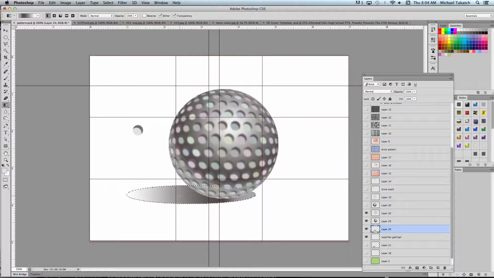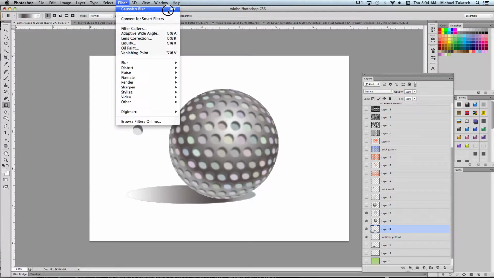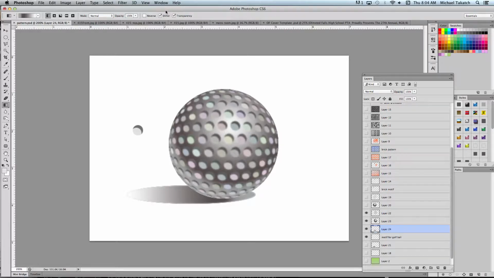I can hide those edges and do the same thing if I want to use a filter. The Gaussian blur is the last one that was highlighted. And I can keep hitting the keystroke, Command F, to bring that filter up. And it'll give me that look to it. So it's kind of taking that pattern, very simple idea, giving a little tone, kind of like a divot that you see, little hard at first, but just kind of giving you that beginning part to work with down there. So see if you can